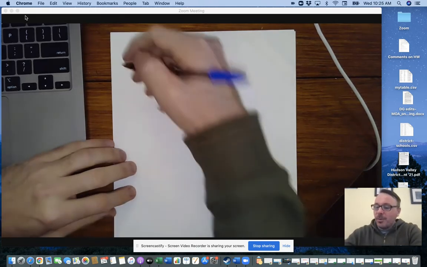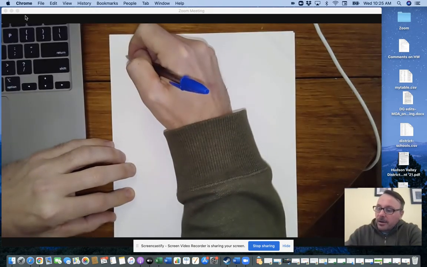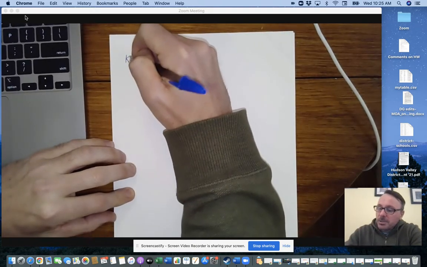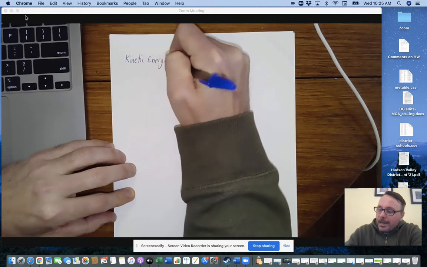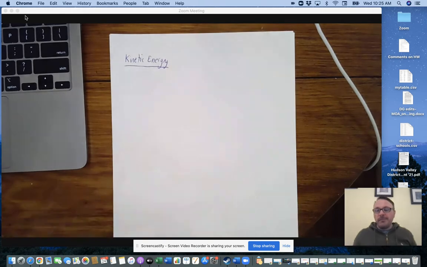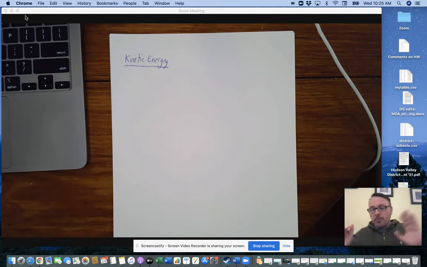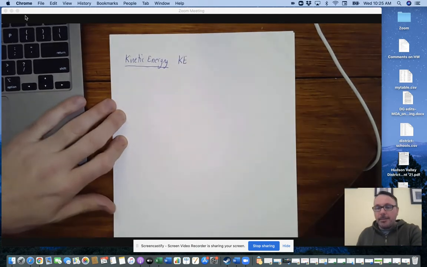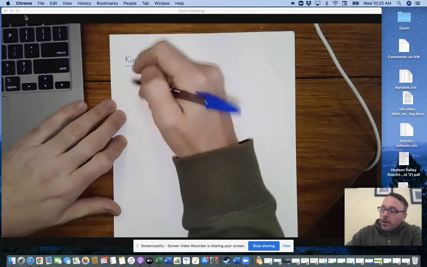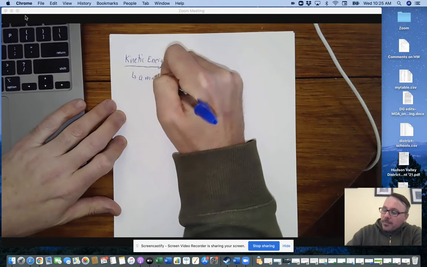some problem solving with. So the first thing I want to remind you of is our idea of kinetic energy specifically. So we are going to table any discussion of potential energy for a little bit of time in terms of calculations. That's going to come later. But we're going to start out with kinetic energy, which we shorthand as capital K, capital E, right? So there we go. So this is going to be a mathematical